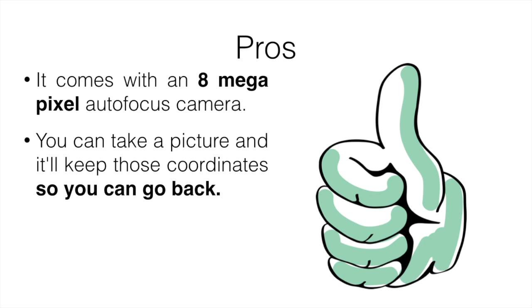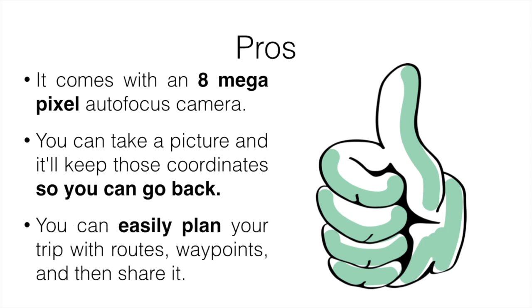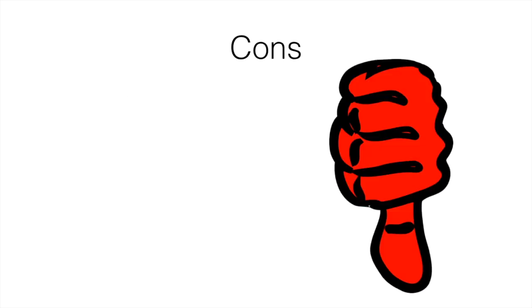I took a picture of something I thought was cool, and oftentimes it's kind of hard to find that again if you're way out in the middle of nowhere. So you can log this, and it'll show you exactly where to go. And then you can easily plan your trips with routes, waypoints, and then share it like we talked about. Some cons, it is fairly expensive, quite a bit more expensive than the previous one we